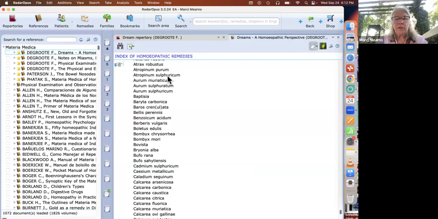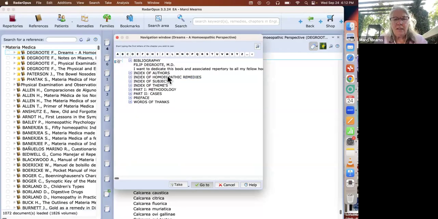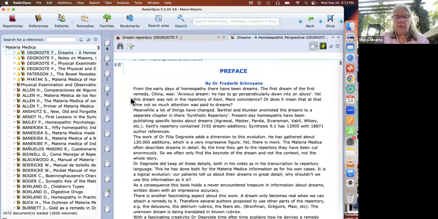So kind of useless, isn't it? Let's go back to our table of contents, and we're going to get back to the Atrax in 2 seconds, because we do in fact have a lot of information about those dreams. Now, if you are interested in the philosophy behind the use of these dreams, you're going to want to read all of the front matter and the introduction in this.